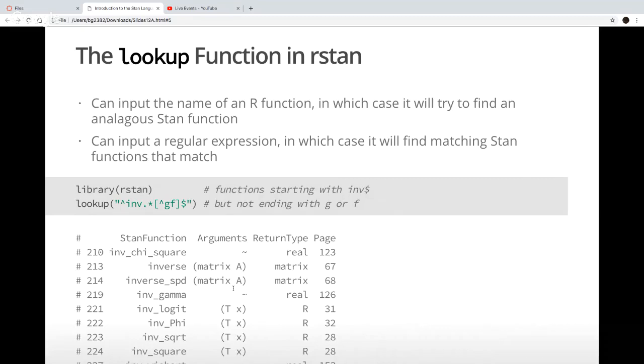So you need to make sure you know what the signature of the function is when you are trying to call it. But having this lookup table makes it easier if you sort of know what the function would be in R to figure out what the function to do the same sort of thing would be in Stan.